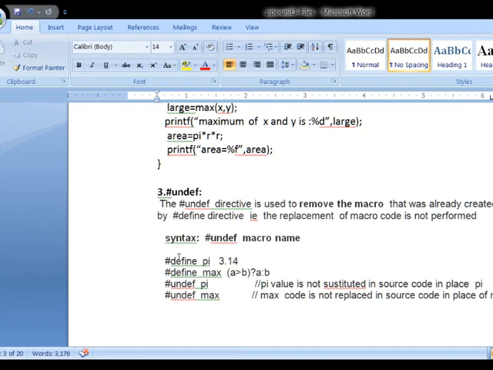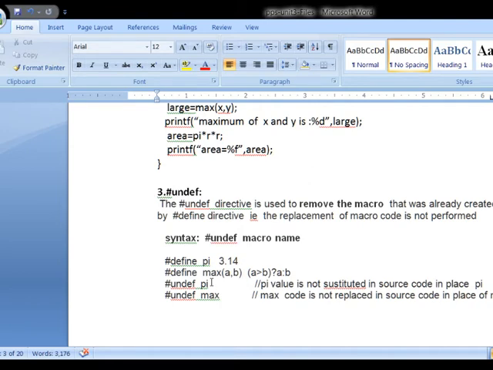Automatically the defined macro name is deactivated. So here I am explaining with an example. See here, I have defined the PI macro name and the corresponding code. Similarly, MAX is one more macro name defined like this. Later I don't want these defined macros to be active. That can be achieved with the help of undef PI.